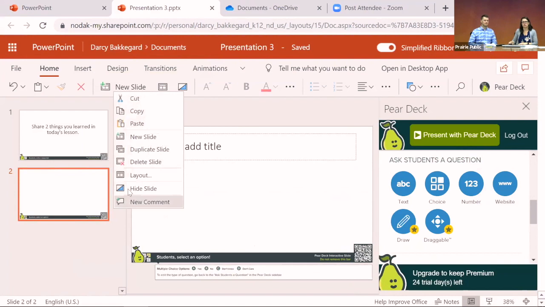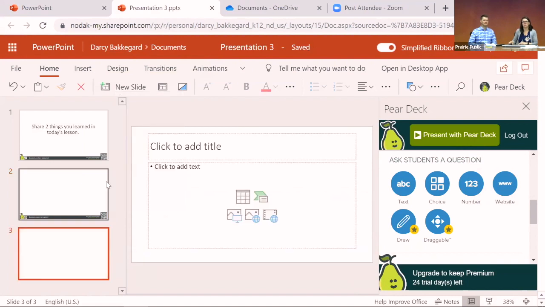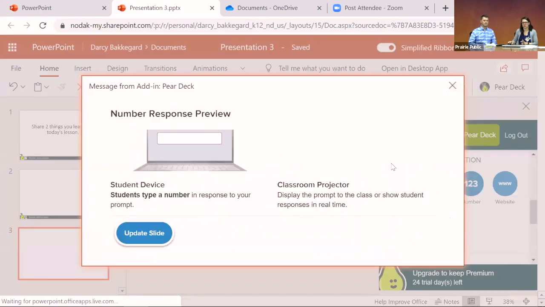Then the other two, I've not used the number personally, but I can see why this would be very helpful. Students will put in a number and then it creates a dot range. So again, for me as an English teacher, honestly, I've never used this, but I could see why in a